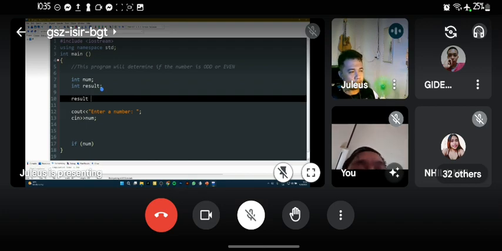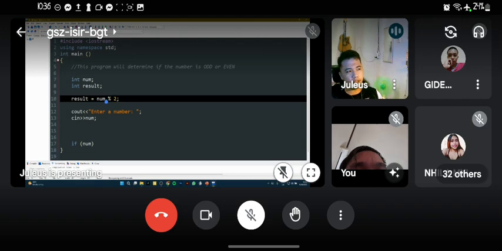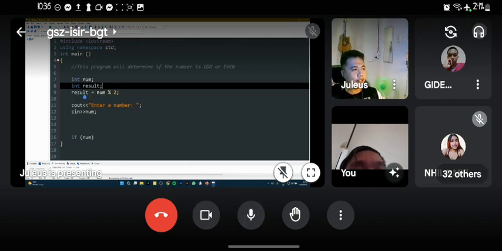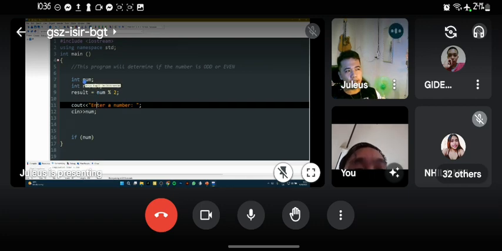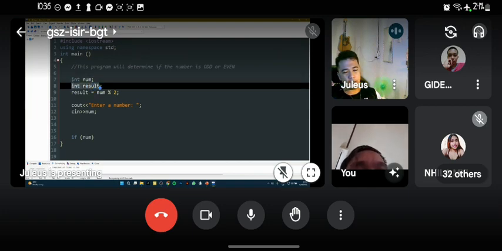Result is num percent 2. Meaning, whatever we enter for num1, it divides by 2, and the remainder will be saved to result. Do you follow? Okay. So first, we enter the first number, then we created a variable num, and another variable for result.